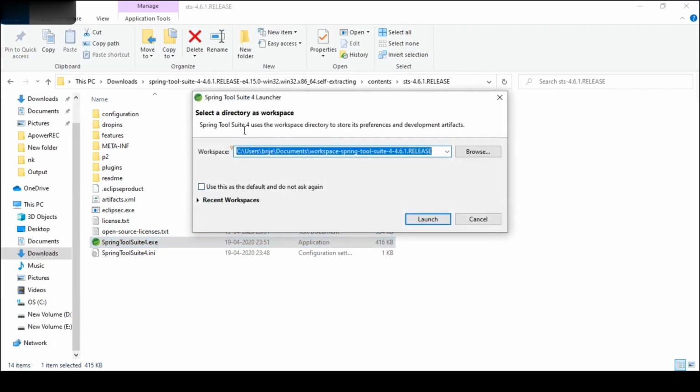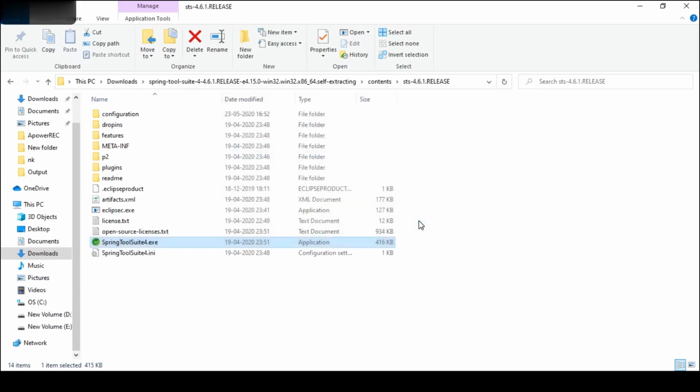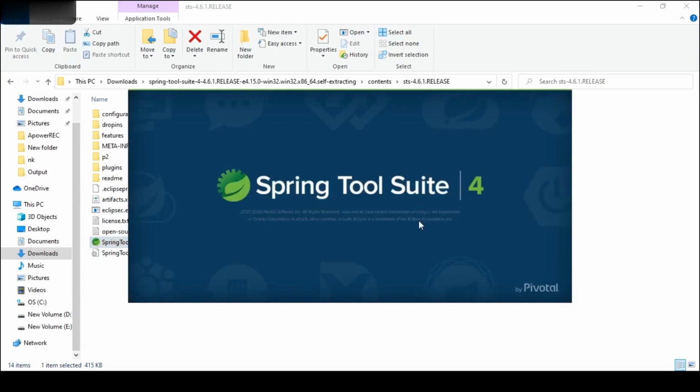Once the application is launched, it will ask us for a workspace. I have not selected any other. By default, Spring Tool Suite has selected this location for my workspace, so I will use the same. I will click on launch. Once the application is launched, we will see the Spring Boot dashboard.